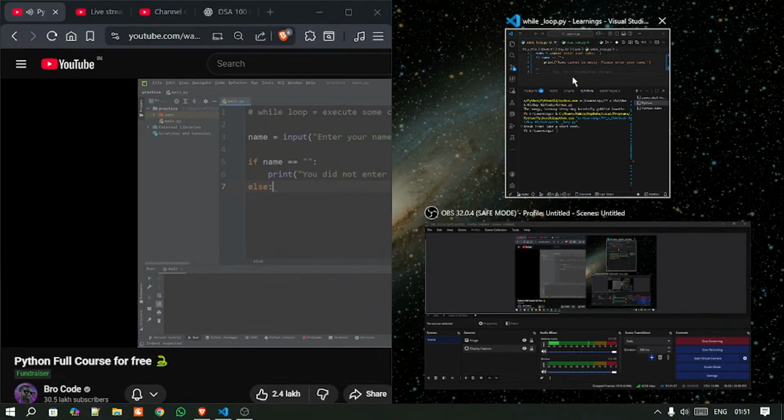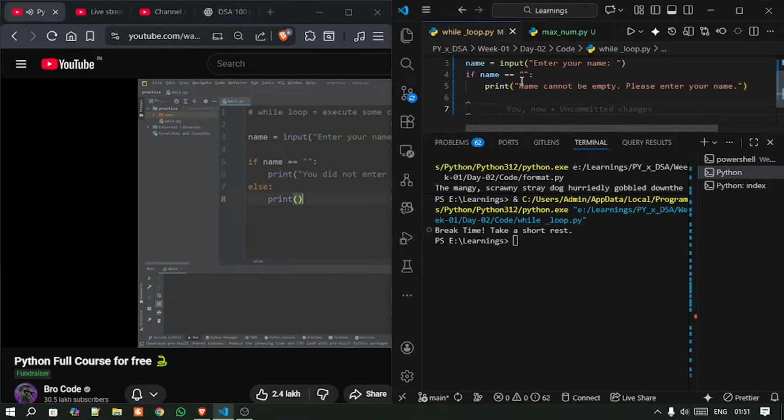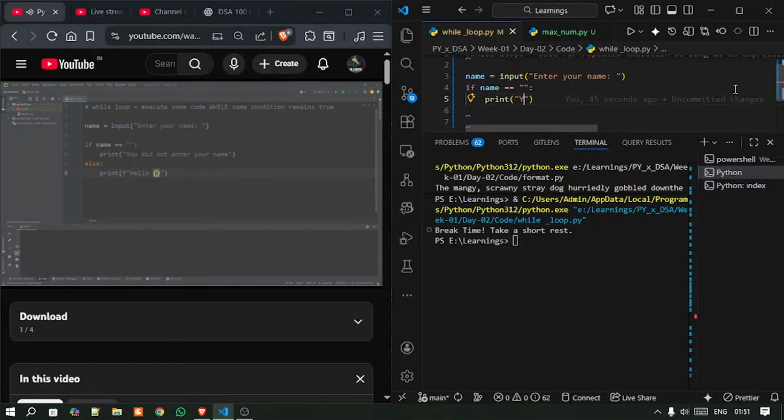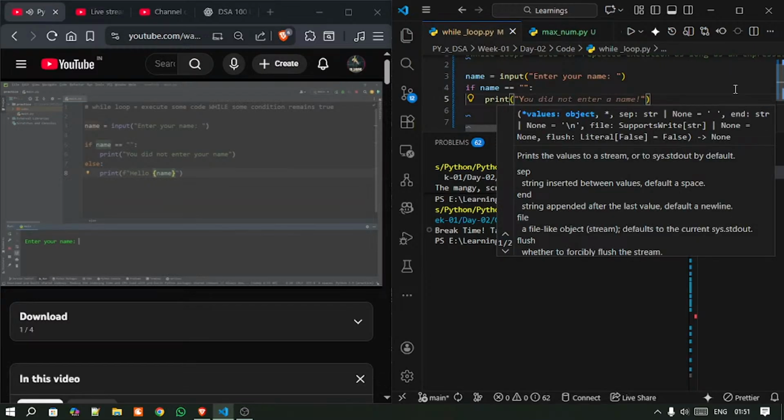Else, we will print, using an f string, hello, our user's name. If I were to skip this prompt, we would execute this if statement, then we continue with the rest of